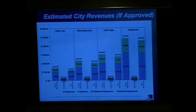The CBA expected outcome, if you can imagine a bell curve now, is a 50-50 chance. We expect that the outcome, if the project were approved, would have a 50% chance of being that amount or more. And then last, the CBA high case is a 90-10 probability. It's a 90% probability that it would be that amount or less, and a 10% probability that it would be that amount or more. And then finally, you've got the applicant's numbers in there for reference, and that's